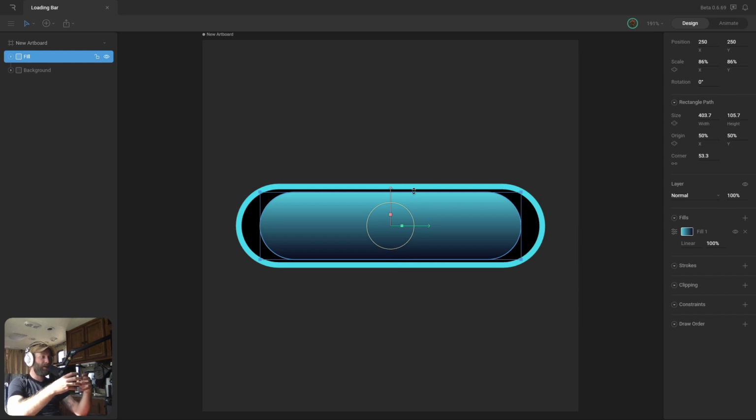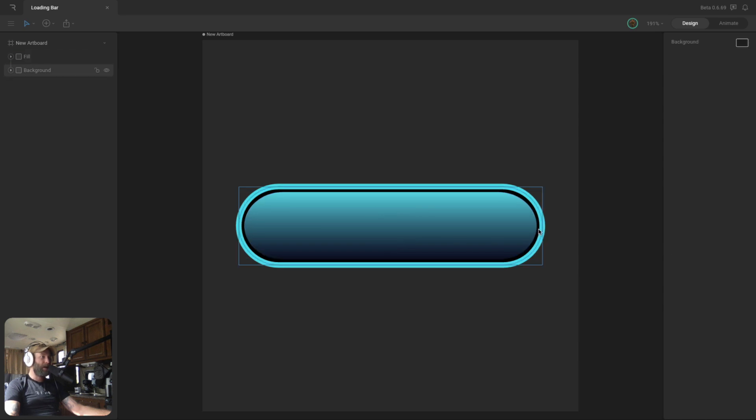So now we can actually fix the width of the rectangle here. Now what we don't want to do is use the X scale to try and stretch that out, because you can see we've sort of matched the distance here and here, but on this corner, on all the corners rather, you can see that the gap there is not quite matching up, and that's because we've changed the scale so that affects our corner radius.